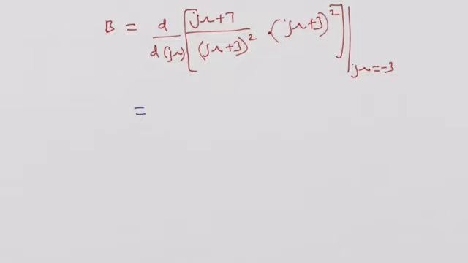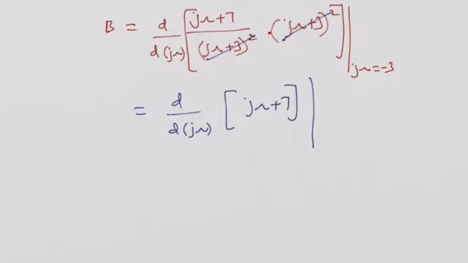(j omega plus 3) the whole square will get cancelled. So what remains is only d by d j omega. With respect to j omega, I have to differentiate (j omega plus 7) once. And after doing everything, you have to simply replace j omega by minus 3. So now you can find out that this will be simply equal to,